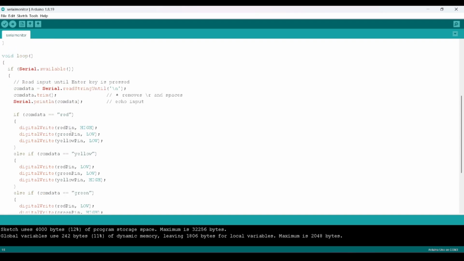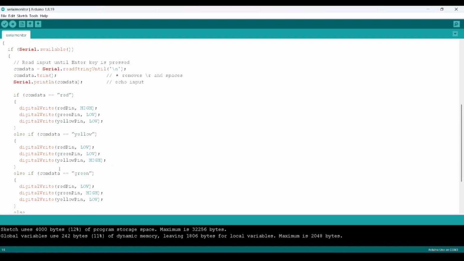So we have a basic conditional, if, else if, else. Here, if the input is red, the digital write would be the red pin, then high, and the rest is low. If the com data is yellow, the red and green would be low, then the yellow would be high.